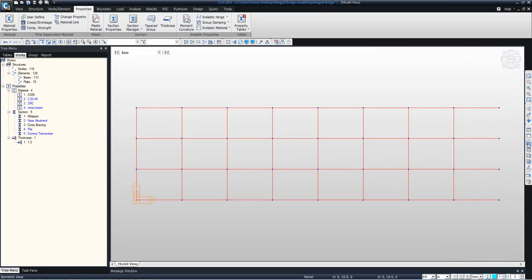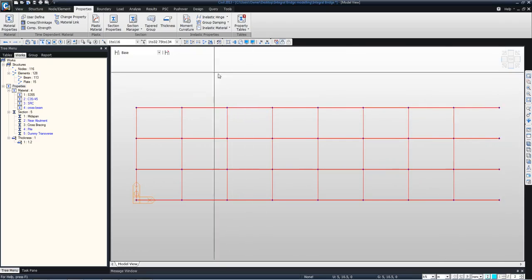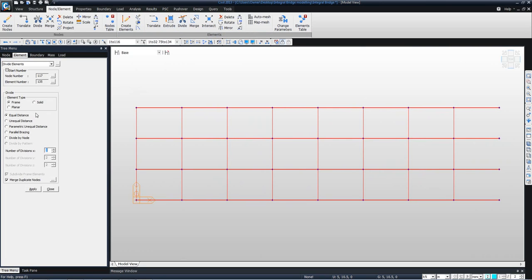Now I need to create some transverse grillage members, so I will divide my main girder. So I just select the main girder this way, and go to node elements, divide, and I'll divide it into three parts, and apply. Okay, so the main girder has been divided